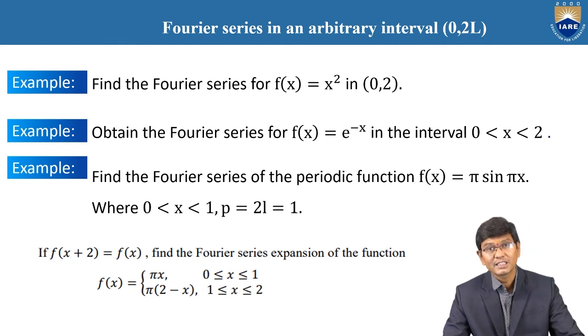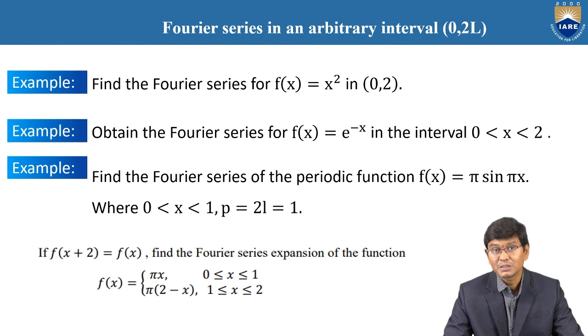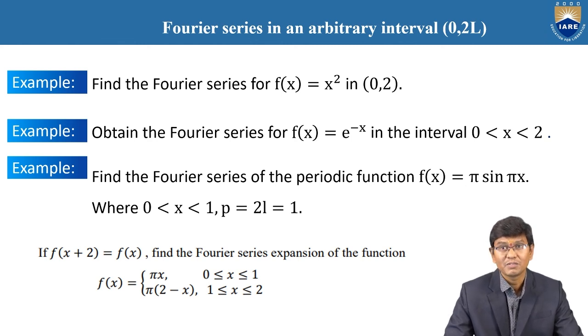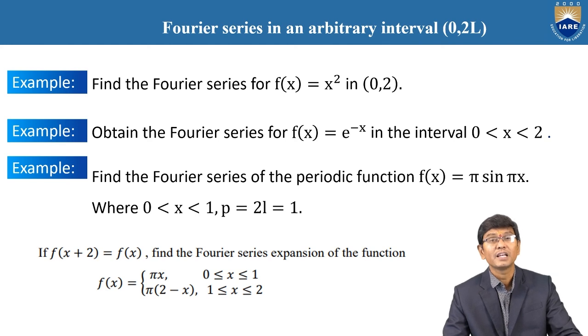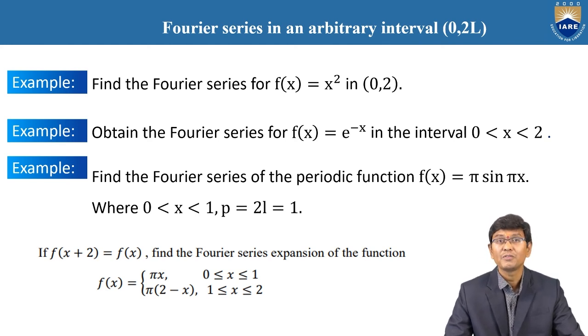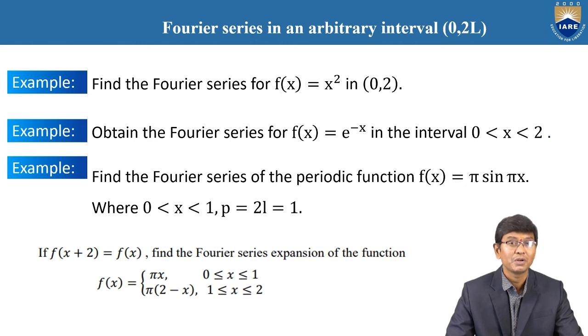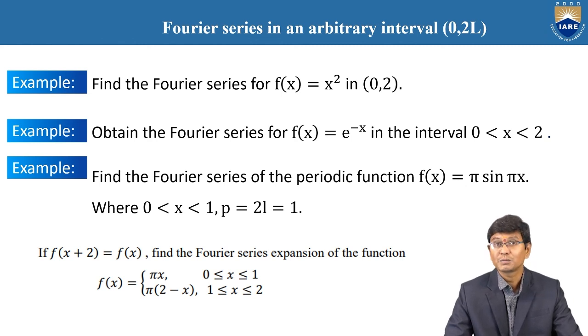And similarly, what we discussed finally is the problem f of x plus 2 is equal to f of x. Find the Fourier series of the function, and here also we should not bother whether the function is an even function, odd function or neither. Why? Because the limits are clearly 0 comma 2l only. Therefore, while we are doing the comparison, it is 0 comma 2l only. Therefore, l is equal to 1, and to get the required Fourier series we need to find a0, an, bn, again by using the formula: f of x is equal to a0 by 2 plus summation n is equal to 1 to infinity an cos n pi x by l plus bn into sin n pi x by l is the required series.